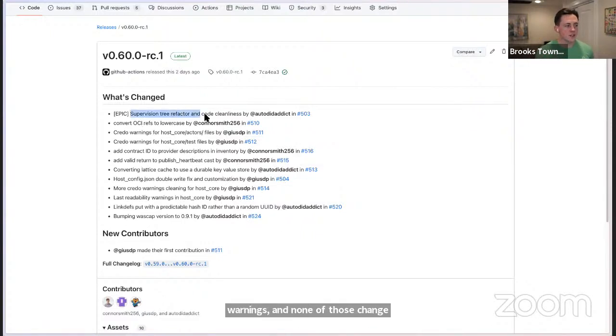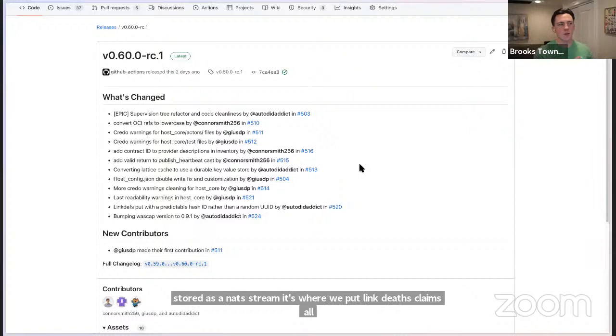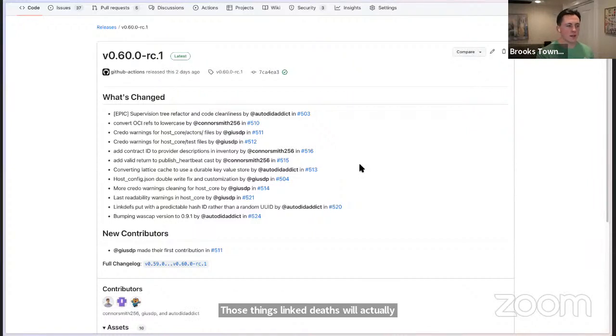But especially the supervision tree refactor and converting the lattice cache, which was previously stored as a NATS stream. It's where we put link defs, claims, all those things. Link defs will actually be stored in a NATS key value store instead of a NATS stream. And this is so core to the wasmCloud experience, link definitions, that we wanted to make sure that we could